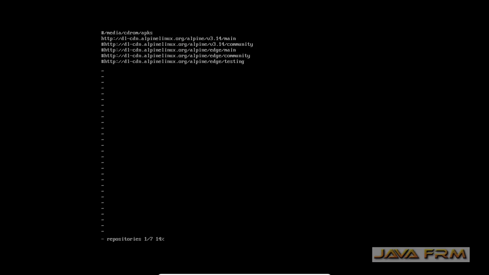Login is successful. Now the first step is I am going to point the repository. So go to the /etc/apk directory. You can see the repositories file is there. I am opening that file with the vi editor. I am uncommenting the second line, which means two repositories: one is main, another is the community repository. So two repositories are enabled now for Alpine Linux.